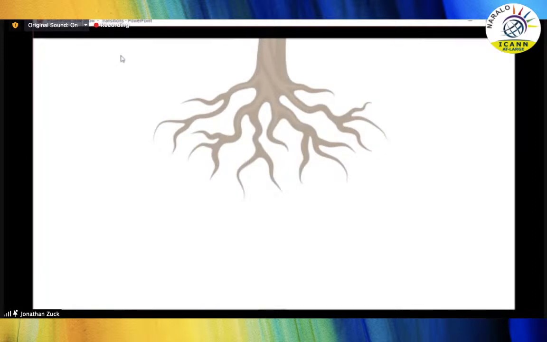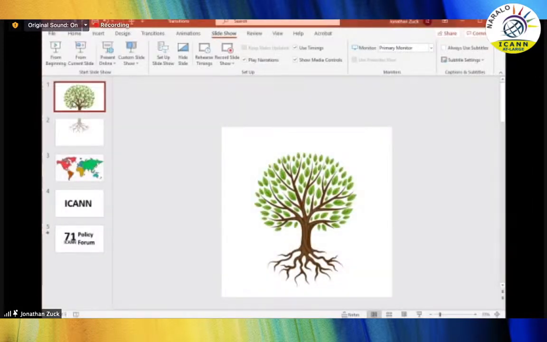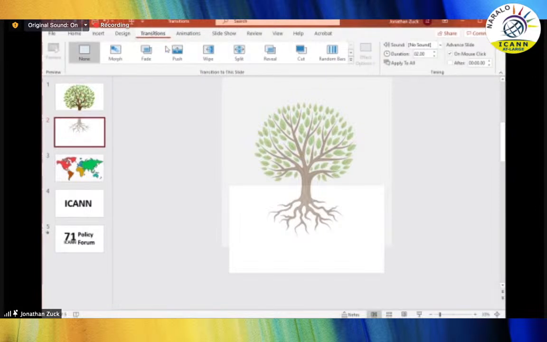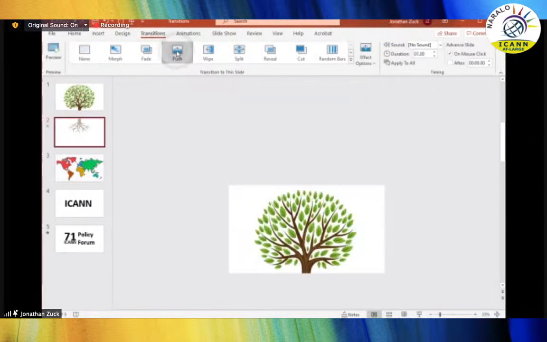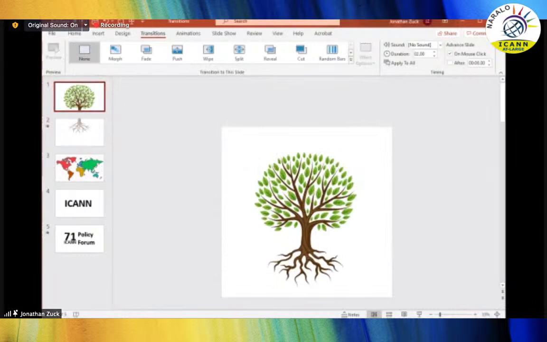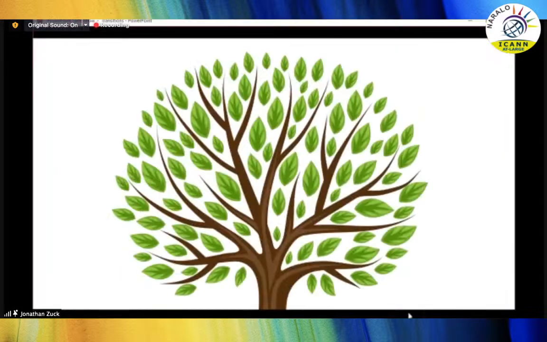But if I specify that I want to use a transition by going to the Transitions tab, and I choose Push, you'll see that what it's going to do is push the bottom slide up and push the top slide away, which will give the illusion of a contiguous image. So now when I preview the slides, I've got the top of the tree where I'm talking about the trunk,